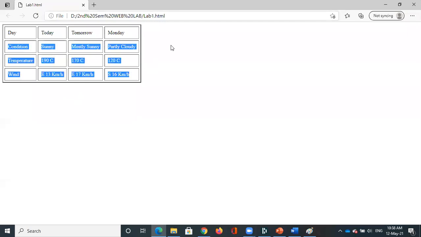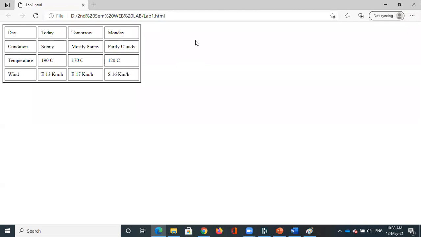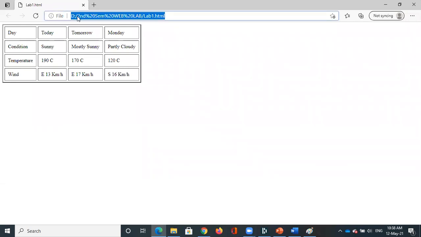This URL indicates that your program is present at this particular path. It is present on the D drive, because my file is present locally in my system.